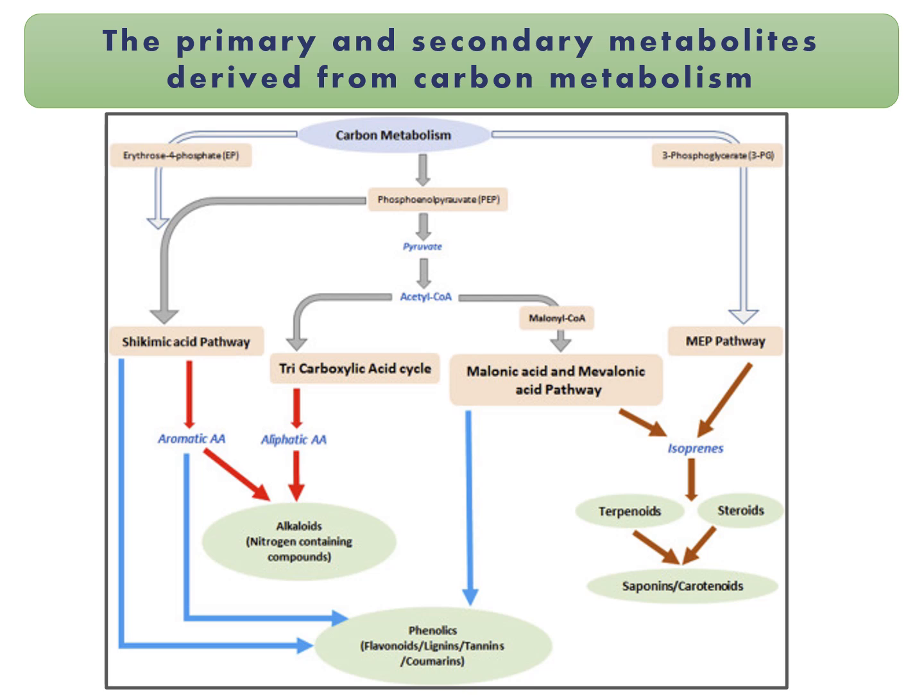So this is the chart which shows the carbon metabolism, and through different steps there are biosynthetic pathways from which different types of secondary metabolites are formed. Here it shows the shikimic acid pathway and the tricarboxylic acid pathway, which is the TCA cycle, then the acetate mevalonate pathway and the acetate malonate pathway, and at the end it forms alkaloids, phenolics, terpenoids, steroids, saponins, and carotenoids. So these are the secondary metabolites produced by the utilization of carbohydrates through carbon metabolism.